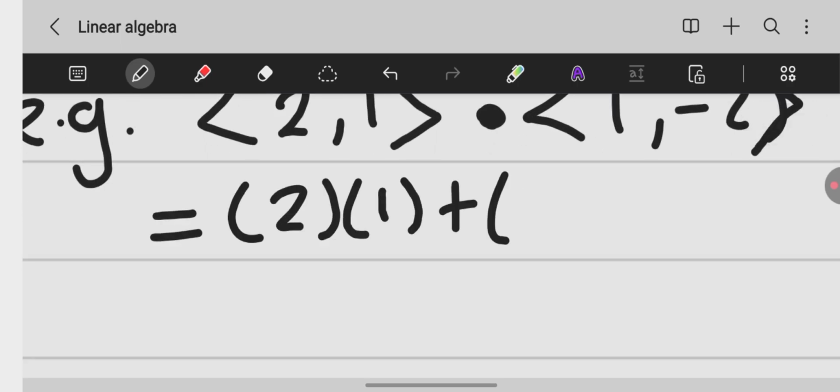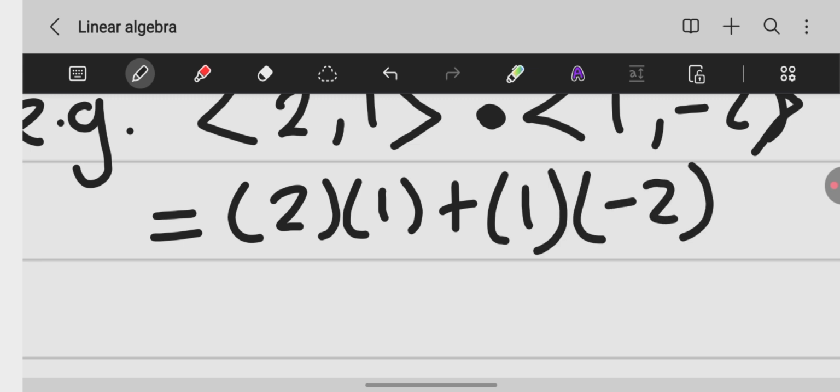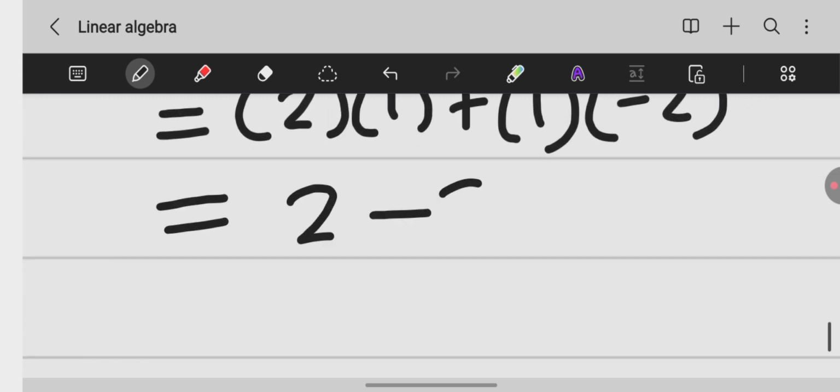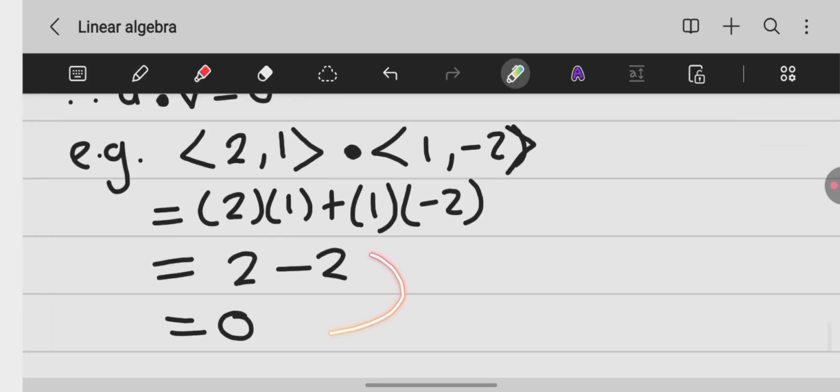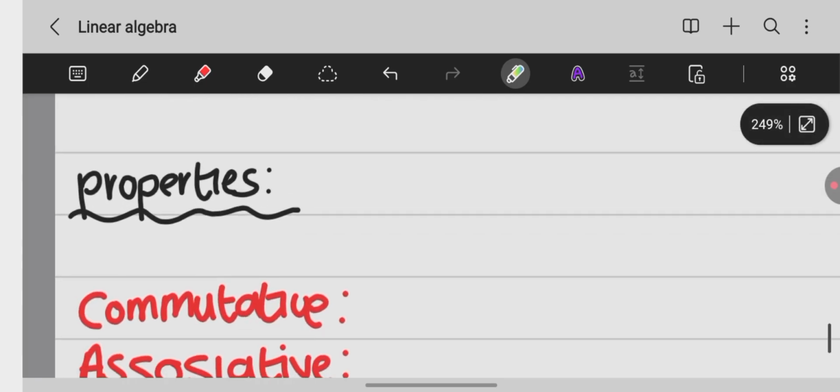times 1 plus 1 times negative 2, and that's 2 minus 2, which is 0. And because our answer is 0, that tells us that these vectors are orthogonal or perpendicular or normal, and that's because they work against each other. Let's talk about the properties of